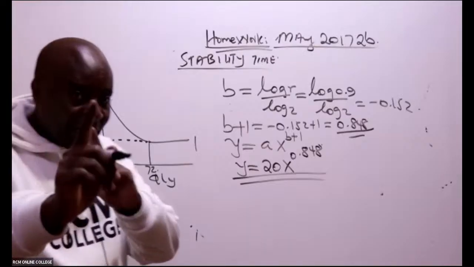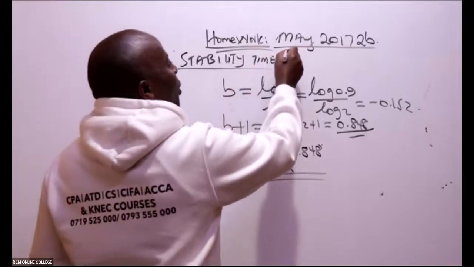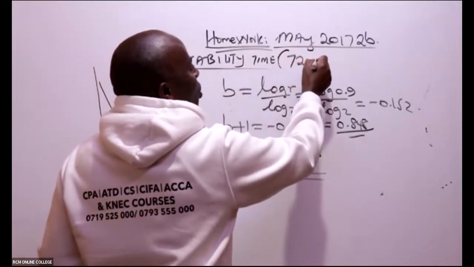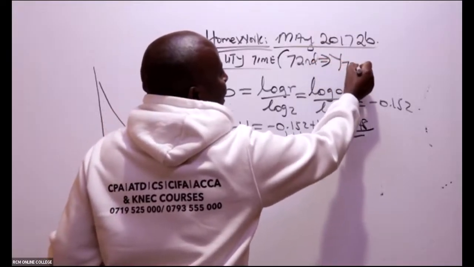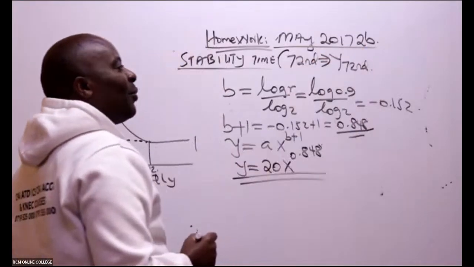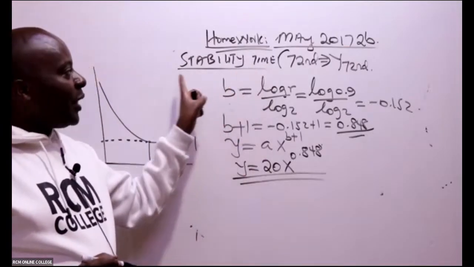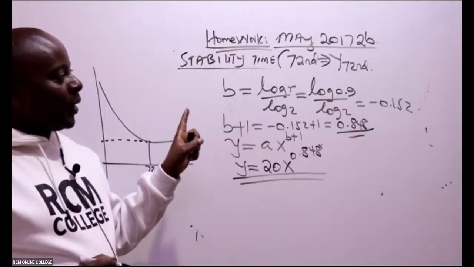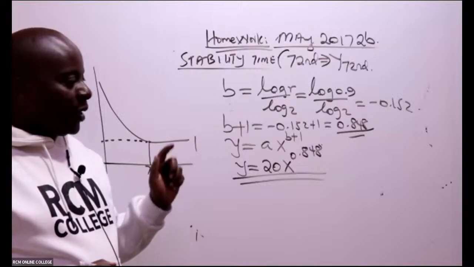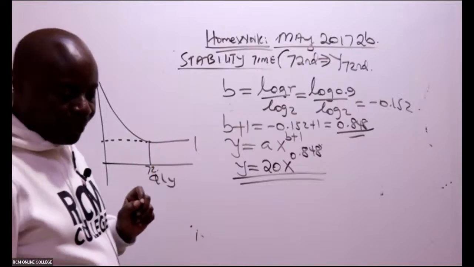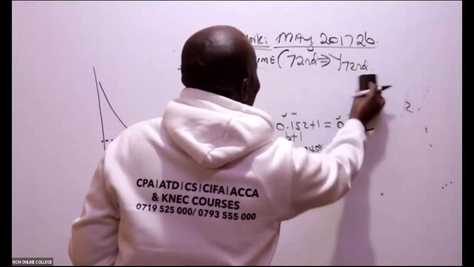Ladies and gentlemen, please listen. Listen here. You see, they've told us we are going to stabilize on the 72nd unit. So basically, I need to get Y 72nd. Is there somebody who can do that for me? Y 72nd? That is the time of stability. You can write there: time of stability is the time of producing the 72nd unit, which needs some expansion.